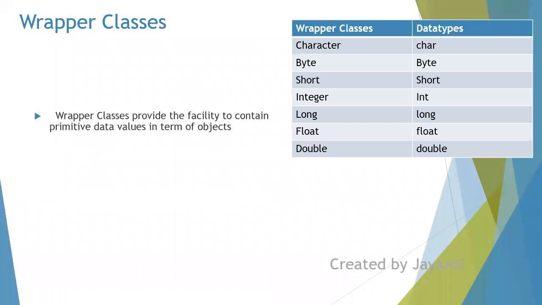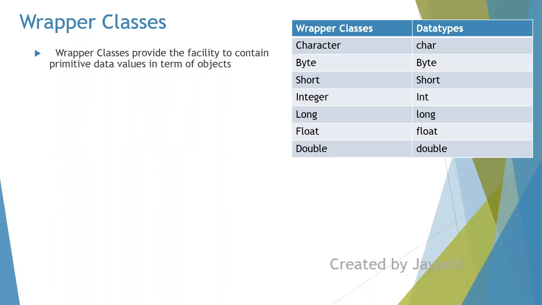Now, what is a wrapper class? You have already noticed the data type char, so what will its wrapper class be? Character. Sorry, for the data types here, byte should have a small b. Probably it was a typing mistake. So there b will be small, short's s will be small, int's i will be small. I'll correct it and send it to you.